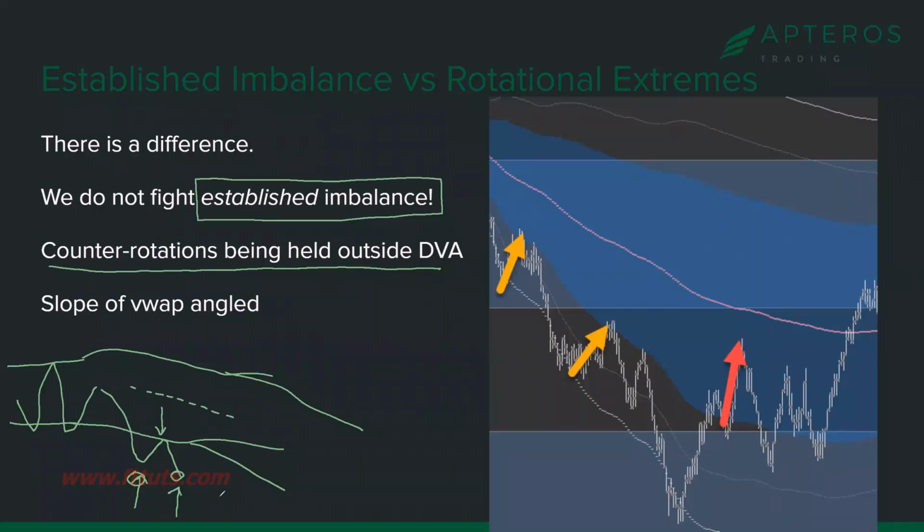So let's look at this real example here on the right. We have a counter rotation where we get imbalanced down, and right here we get confirmation that we're not getting back inside developing value area, and so we are going full on imbalance down with DVA. Again, it still confirms it. So let's say our main line in the sand for the day was this general CVA here. By the way, this is a recent example. This may have been Friday or Thursday. I don't know when this was.